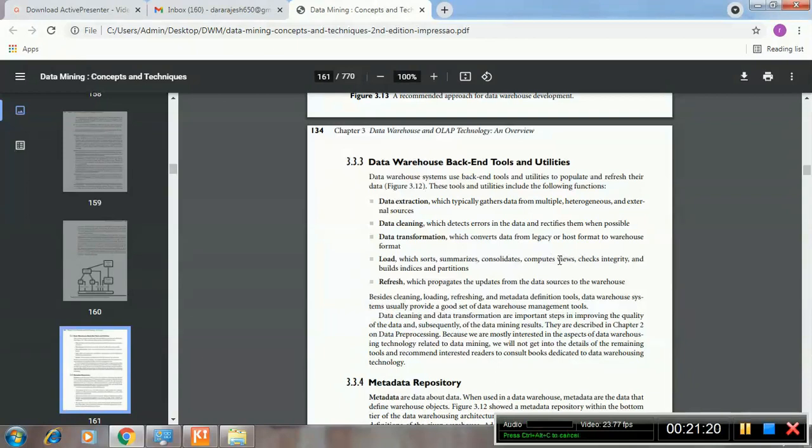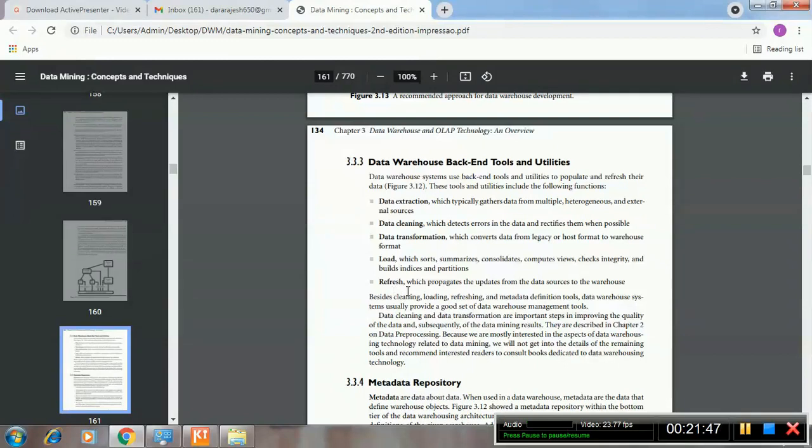It stores the relational view, that is the tabular view, and checks the integrity. Integrity means how two or more tables are connected, if there is any interconnection between the two tables. And it builds indices and partitions. So we are arranging the data in a systematic manner, which is called loading here.